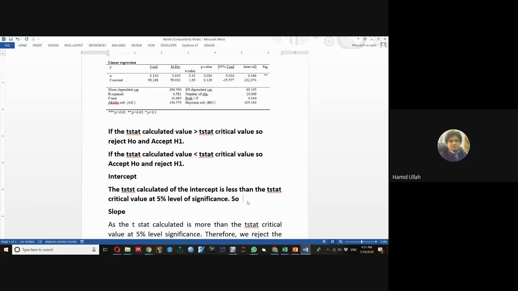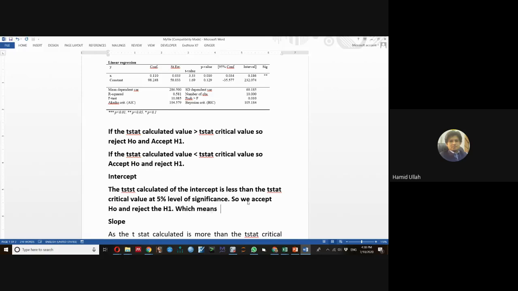So what do we conclude? We accept H naught, or you can even write it as we fail to reject H naught. The better way is we fail to reject H naught. So ultimately we accept H naught and reject the H1,